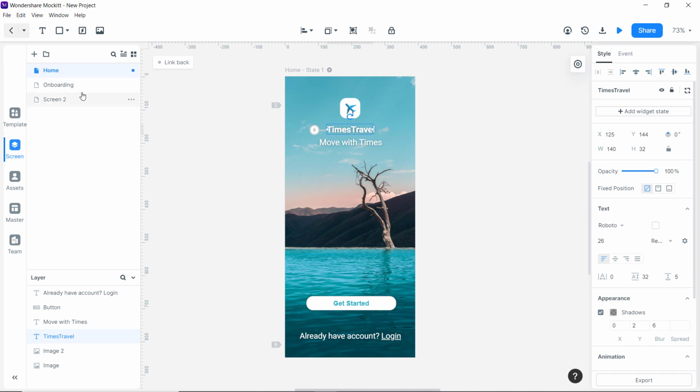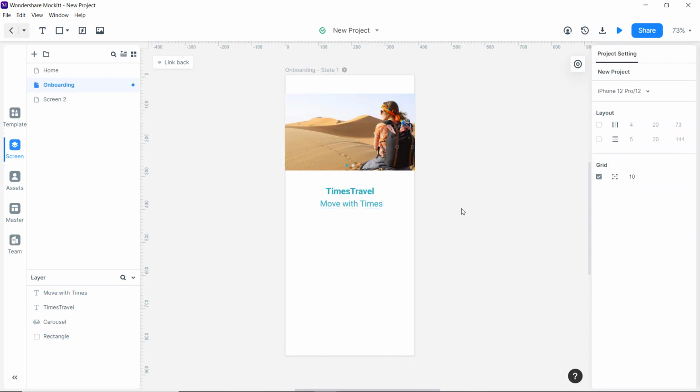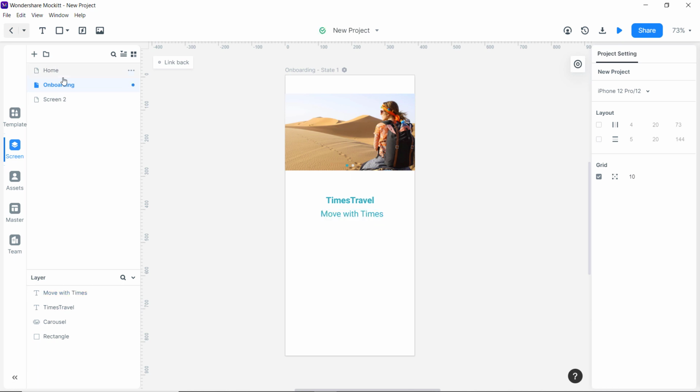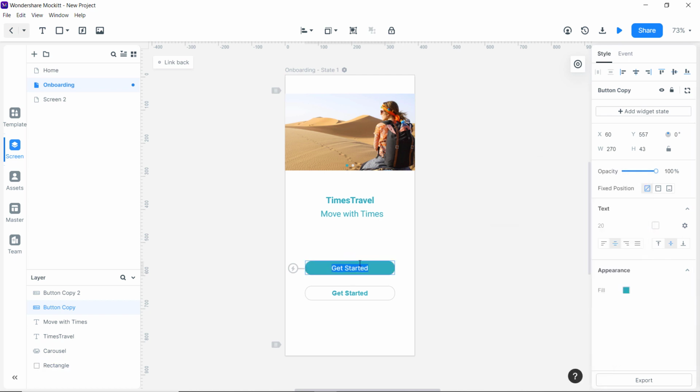I will copy the title, subtitle and some buttons of the previous page with slight modification in properties. Our next page is ready and it's just looking stunning.